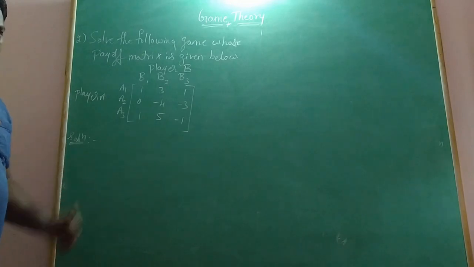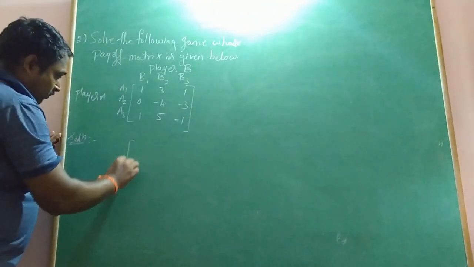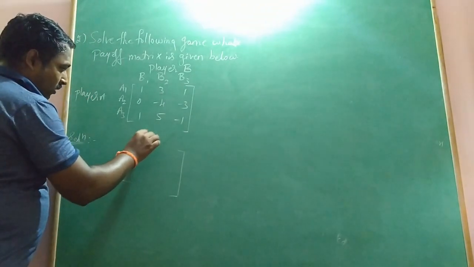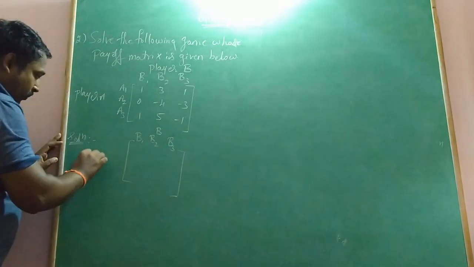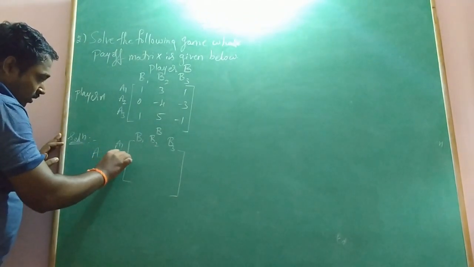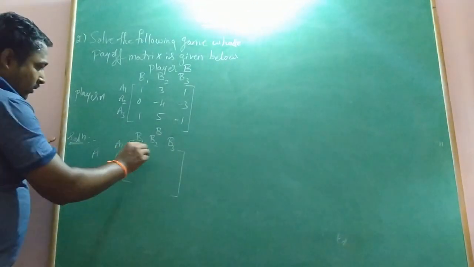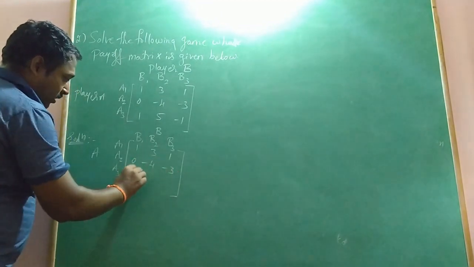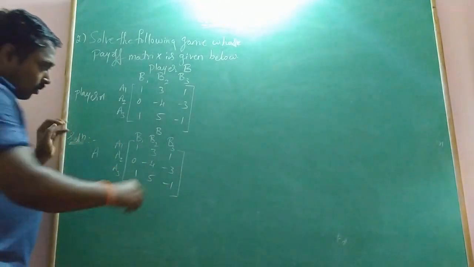Here the given payoff matrix is of the order 3 cross 2. Let us copy down the same problem. This is the order of the matrix with respect to player B, and for player A they are given 3 strategies A1, A2, A3, and the elements are given 1, 3, 1, 0, -4, -3, 1, 5, -1. Similarly, we have to find the row minima